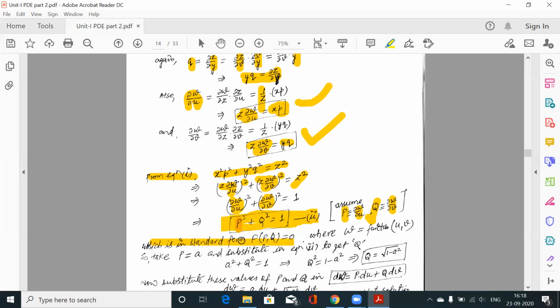उधर क्या था, वो हमारी जो फॉर्म थी वो f of small p q था, क्योंकि वेरिएबल्स क्या थे z x y. तो फर्स्ट ऑर्डर डेरिवेटिव्स क्या बनते थे? del z over del x, del z over del y, that means small p small q. बट अब हमारी इक्वेशन किसमें है? w u v. तो del w over del u, del w over del v, तो ये हमारे डेरिवेटिव्स हुए, तो उसको हमने कैपिटल p कैपिटल q अज्यूम कर लिया है. सो दिस इज इन स्टैंडर्ड फॉर्म 1. वेरिएबल्स अलग है, हमारा फॉर्मेशन चेंज हुआ है. अब हमारे वेरिएबल्स हैं w u v, उसमें ये फर्स्ट फॉर्म में है, स्टैंडर्ड फॉर्म f p q में है,